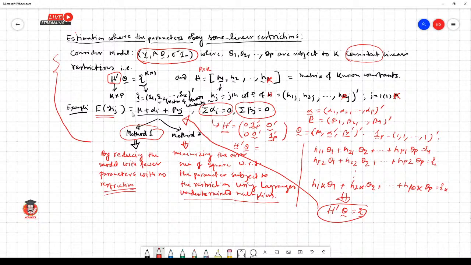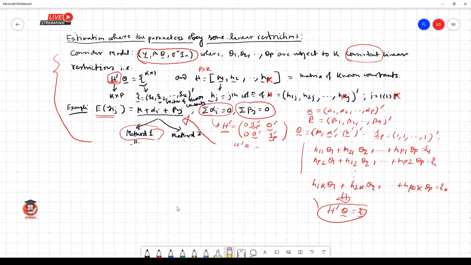Okay, Shubhadeep, actually H is a coefficient matrix. This is the formation of H for the case of two-way ANOVA with one observation per cell. Another, if you consider one-way ANOVA, suppose expectation of Yij equal to mu plus alpha i, and the restriction is summation alpha i equal to 0, i from 1 to p. I assume the balanced case. In that situation your theta is mu alpha 1 alpha 2 alpha p prime and H should be